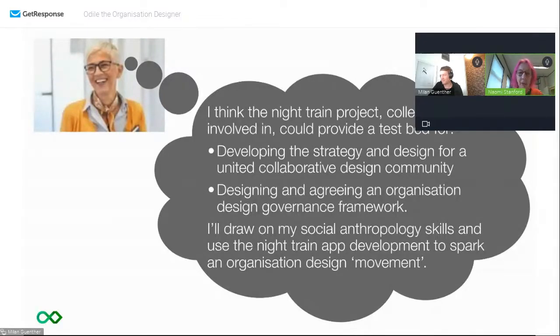However, I don't think that works. So look for experiments, try things that you think will work. And so she's going to do that. She presents to the executive team without really saying very much about what's not working. She begins with, let's use the night train sleeper app project as a way of testing out some designs.